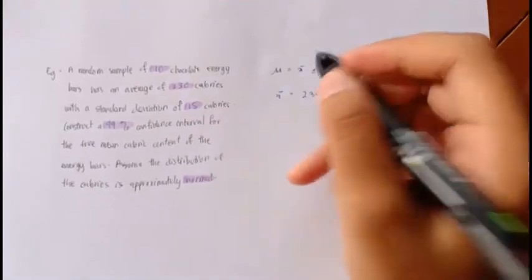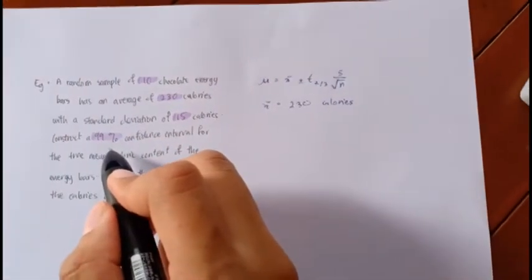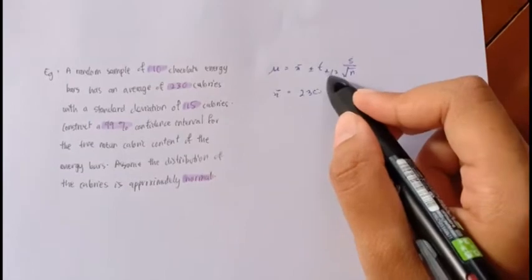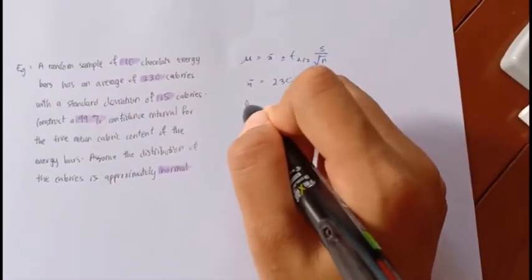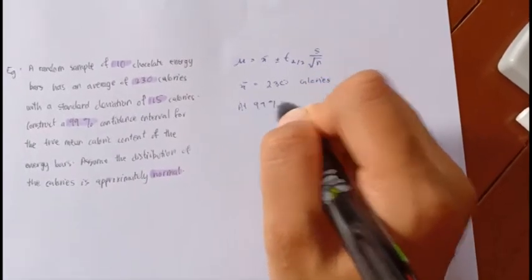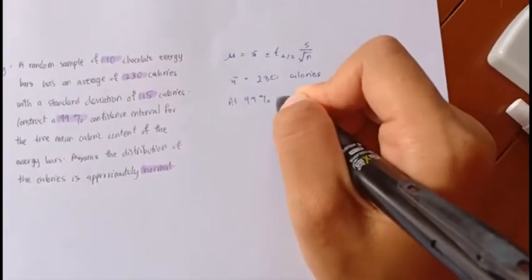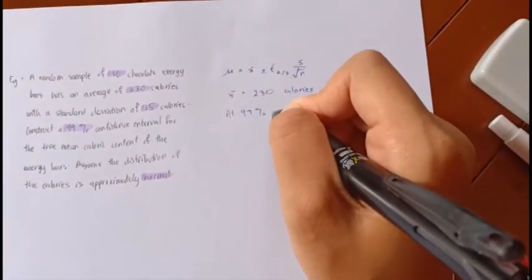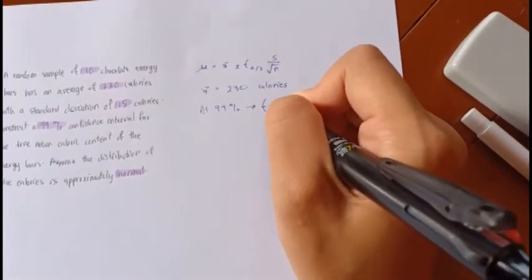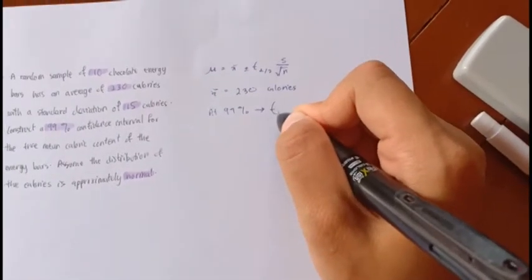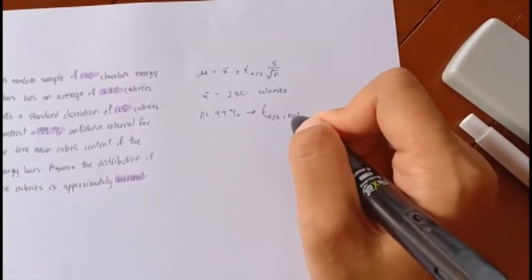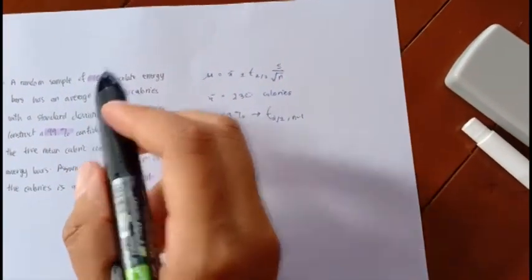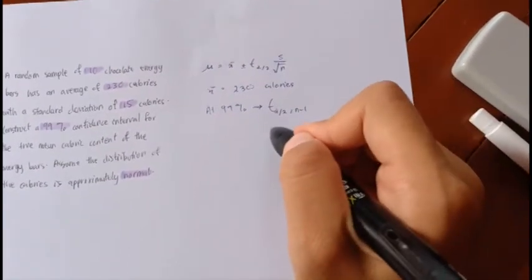Okay, so, and since the confidence interval is 99% and we want to find this value, so basically at 99%, we will need to find the half of the coefficient and the number of degrees. The number of degrees is basically the number of samples minus 1. So it will become